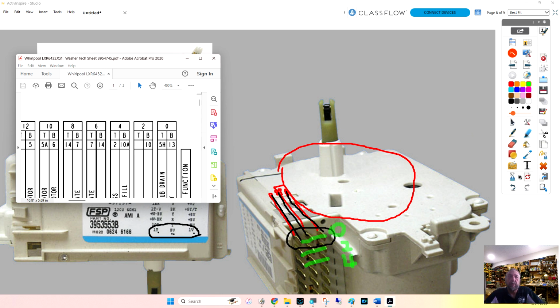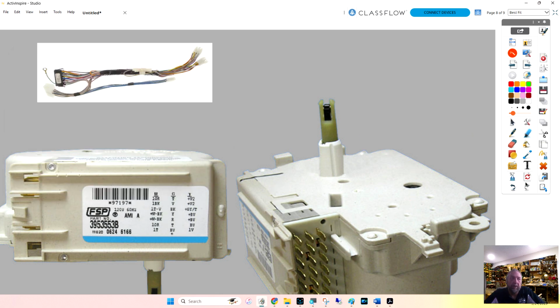Okay, so what does that mean? Well, if we looked at it, let me clear the lines. Bottom is always the row closest to where the timer motor is. This is the timer motor here. This whole row is bottom. This whole row is top, and this row is center or middle. That's where this TCB is.